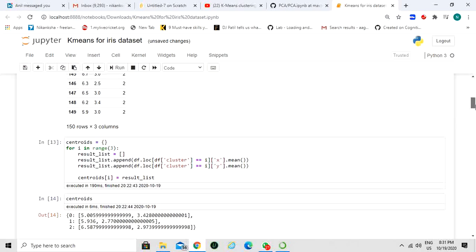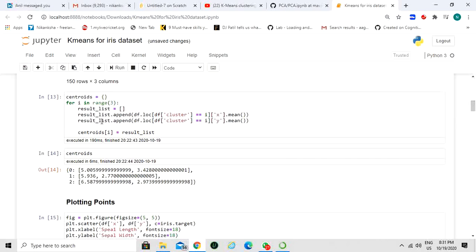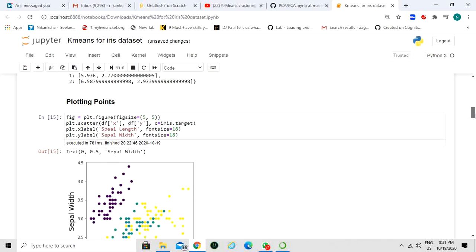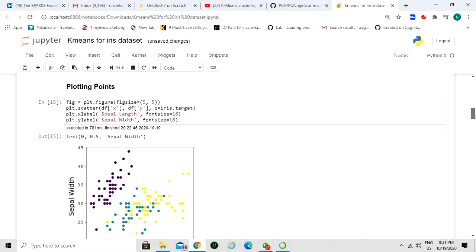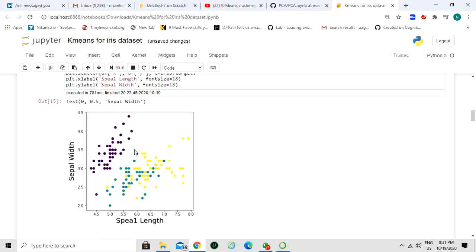After that, we are going to perform this for loop for calculating the centroids. With the help of this, you can see for 0 we have two centroids, for 1 we have 2, for 2 we have 2. After that, with the help of plotting, you can plot all 3 features, setosa, versicolor and virginica. So you can see these are the 3 different species here. This one is totally different, but for these 2, the points are mixed.